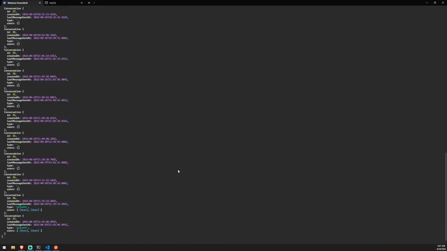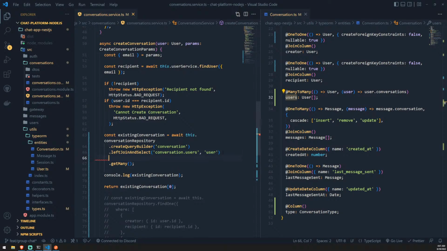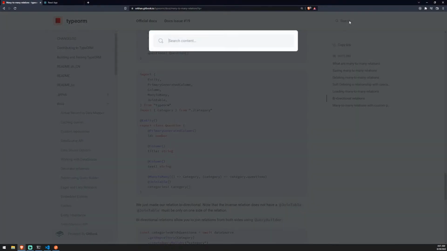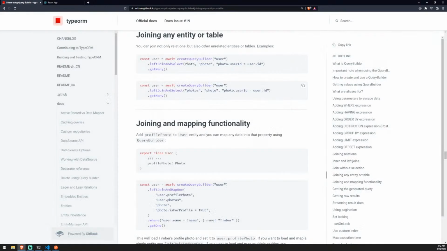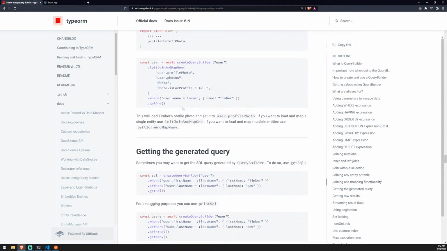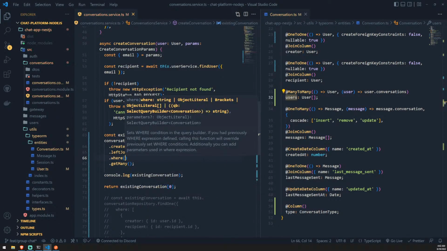All right, let's try this. Left join and select. And I think what we need to do after left join and select is do this. Let's see. So dot where, and I think what we'll do